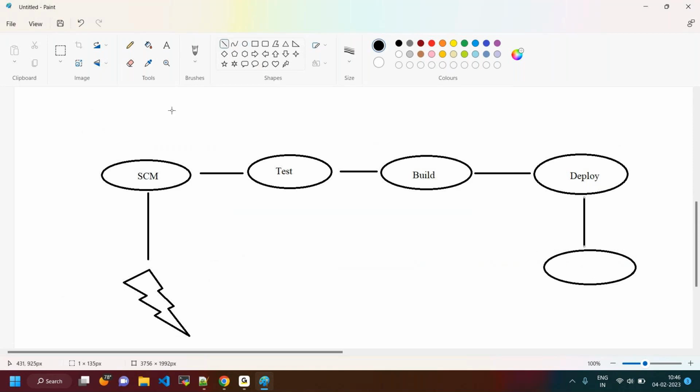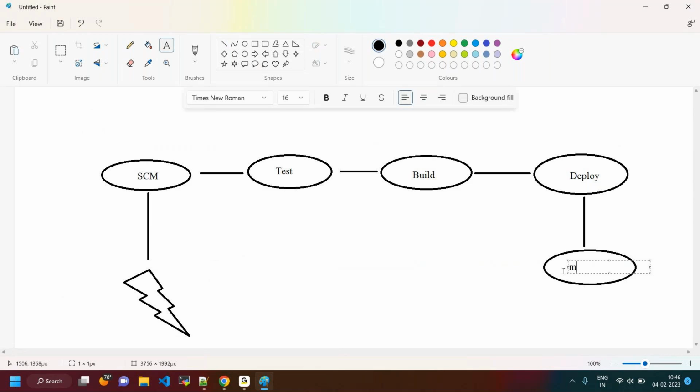So I'm doing it manually first. I'm doing all these things manually. How are you going to do this one? Naresh, what are the tools in monitor, what are the activities that will come? Yeah, I will tell you, I will tell one by one. First, you can focus on this up to deployment. Then we can see about the monitor also.